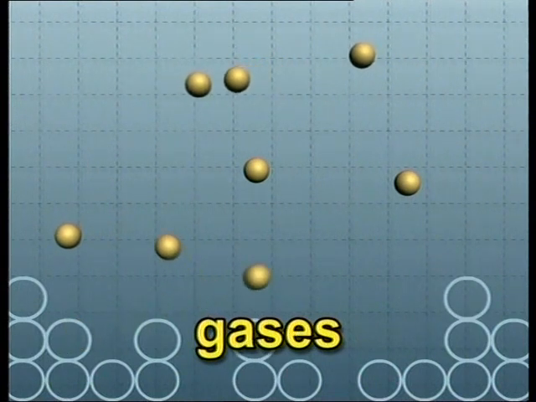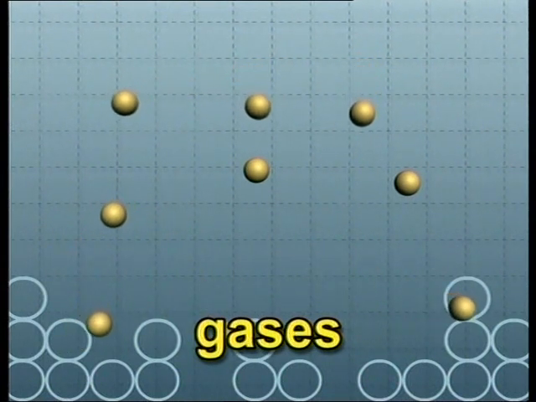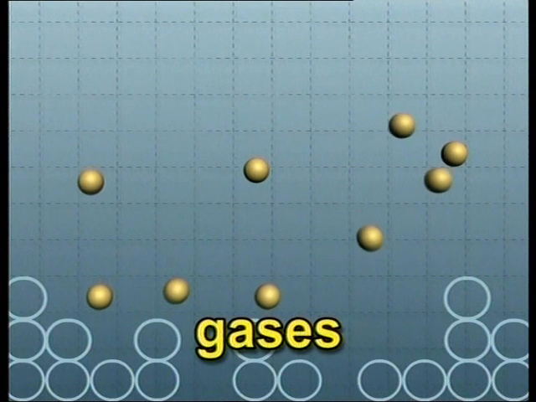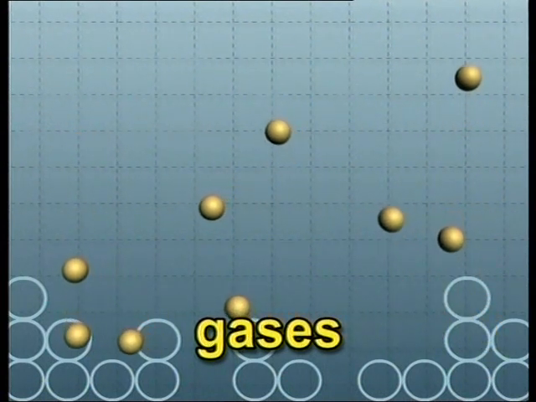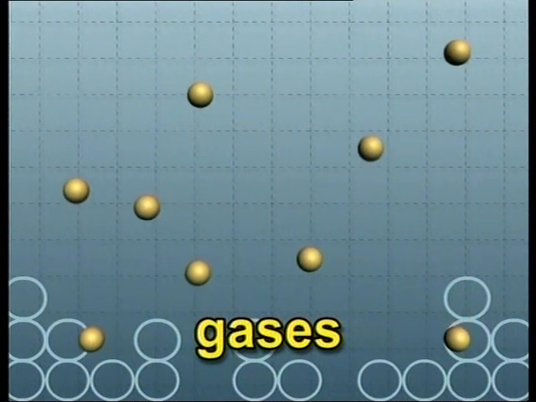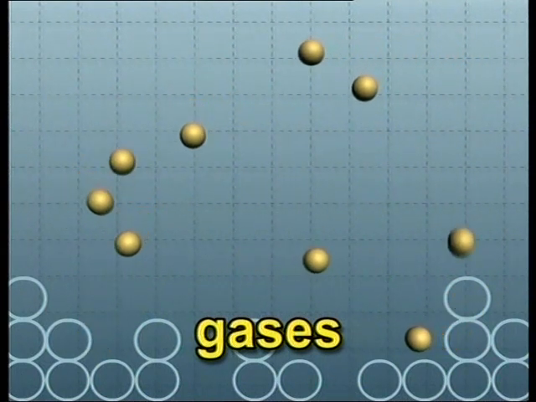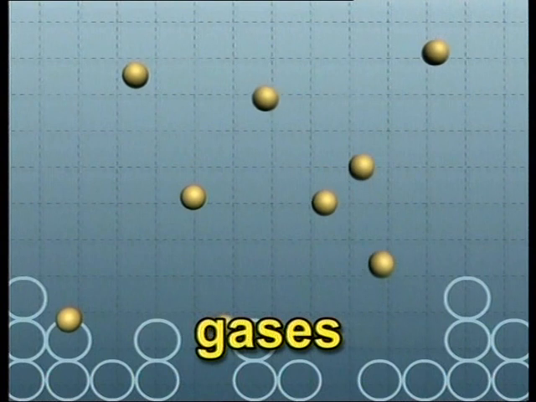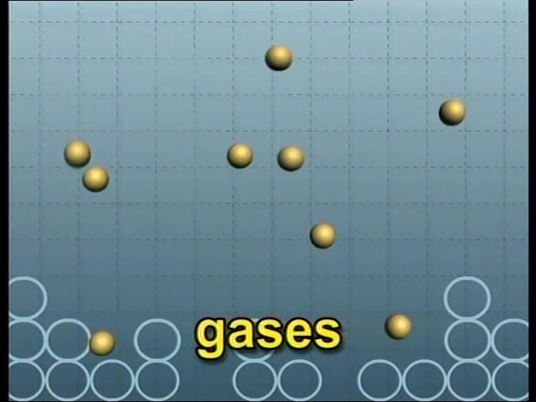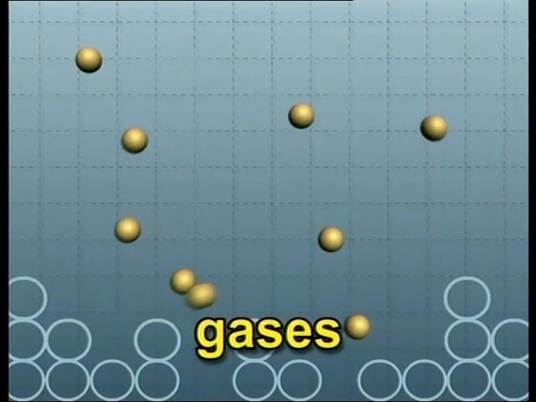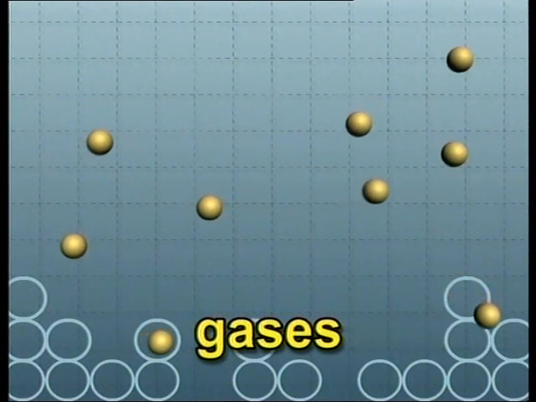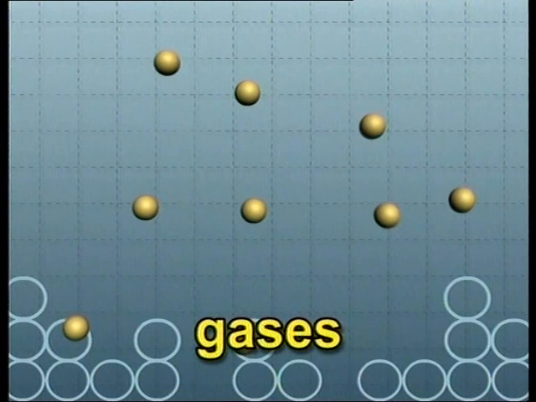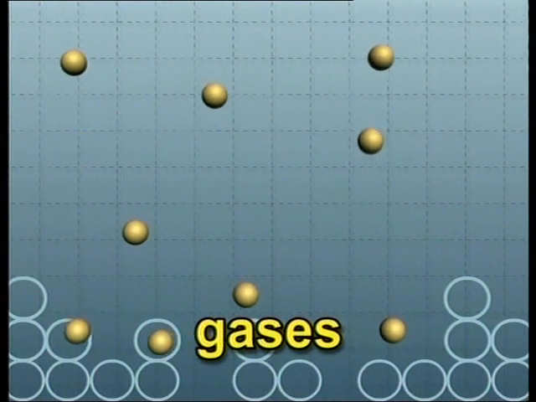Gases are made up of particles that are further and widely apart. They move randomly in all directions at high speed. Collisions between gas particles take place more frequently than collisions between particles in liquids. They spread out as far as they can and fill up any container completely and quickly.